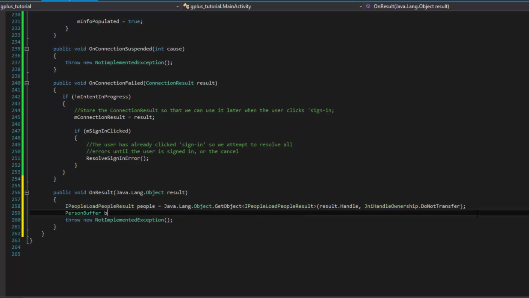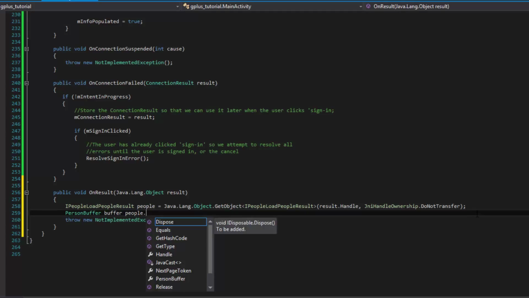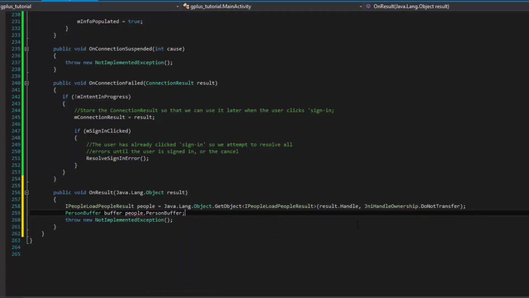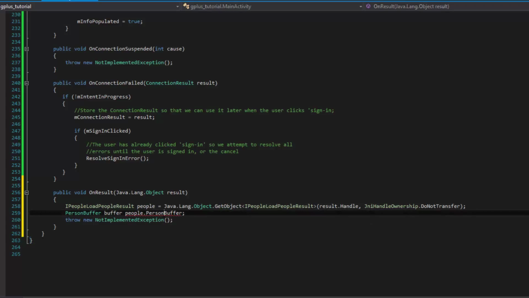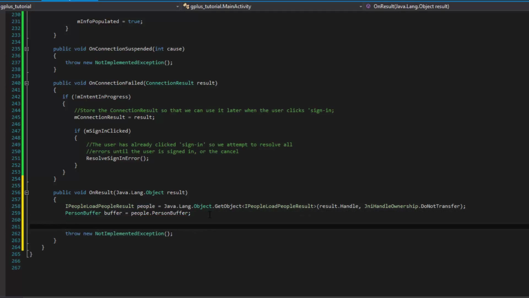Okay, and then you need a buffer. So you're going to need a PersonBuffer, people, and then PersonBuffer is going to have a property of PersonBuffer. Okay, and let's see, this is giving us an error because I forgot to initialize it. Okay, so duh. Now that we have the buffer, what we can do is a simple